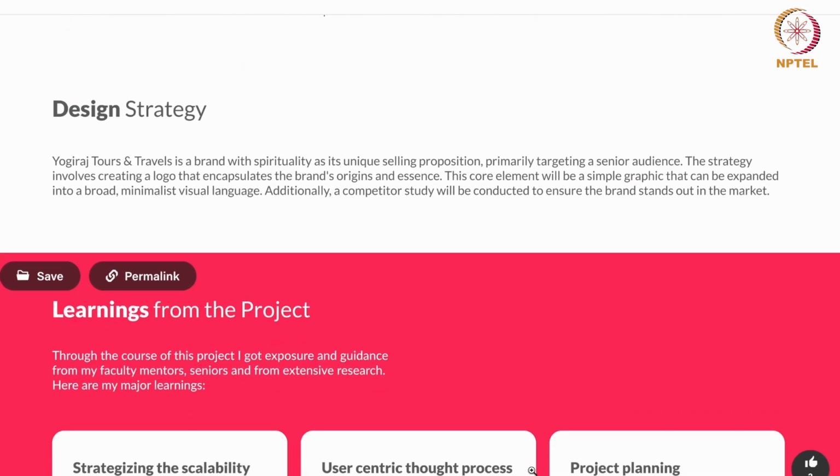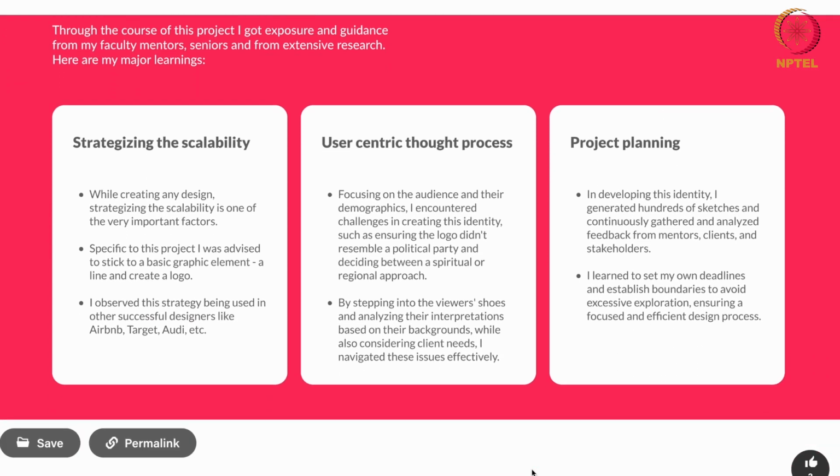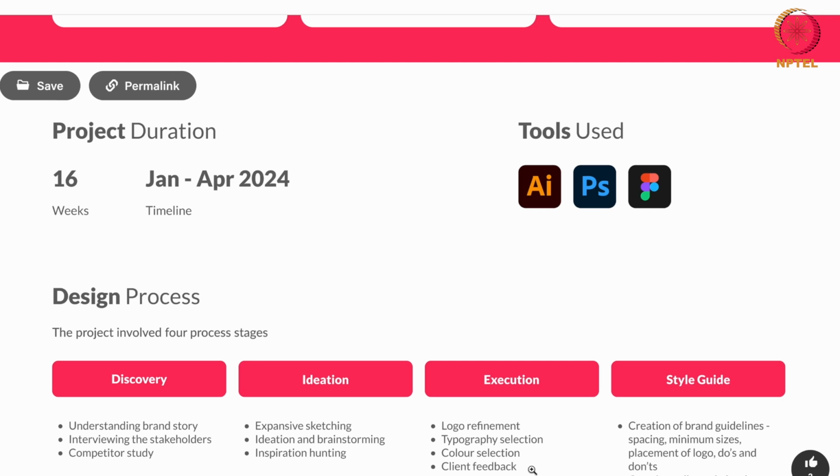And this is where research and analysis make a very important point when you do any kind of identity design. So yes, and then she came up with different strategies, and how she structured the planning of the project. Within that, there are some specific tools she has used. This is again important when you're creating an identity. You have to use some of the digital tools in the world of print and publication, and that will get replicated in different segments based on the needs and requirements.